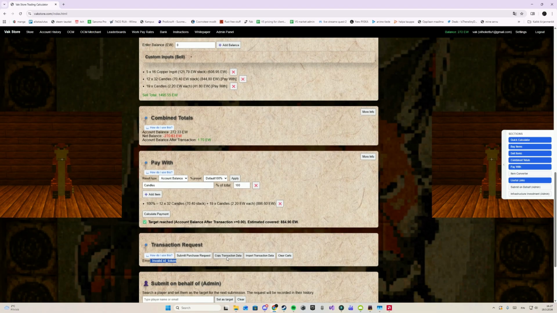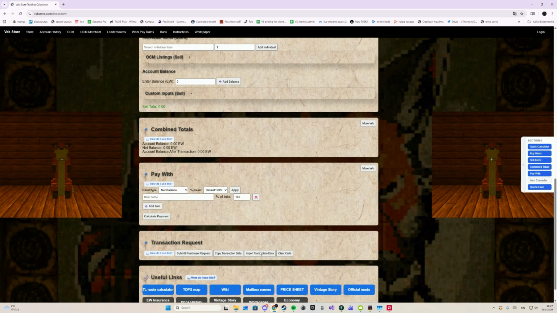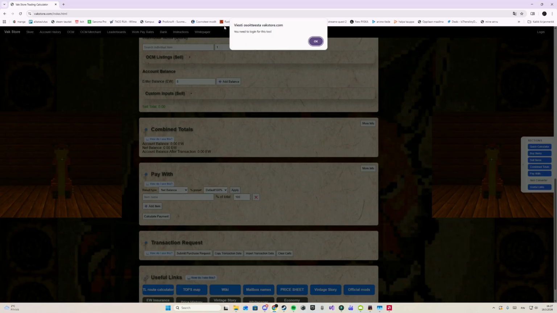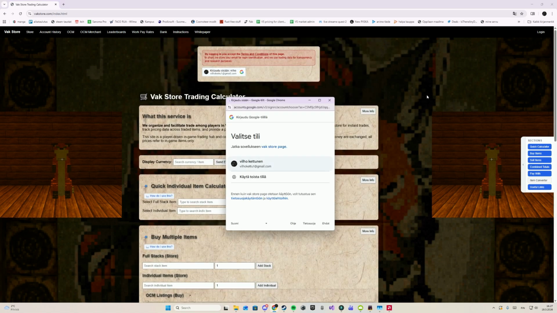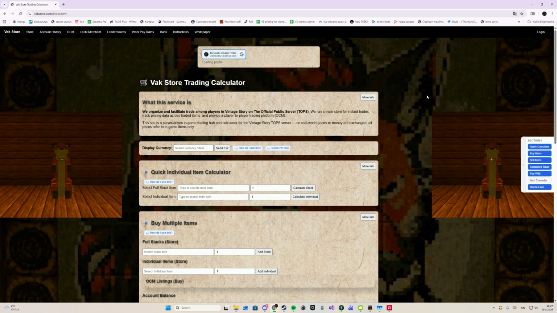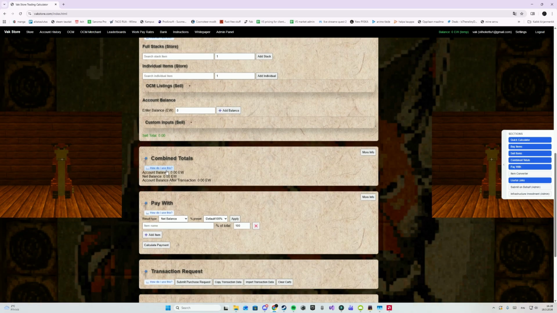You can also copy transaction data this way by clicking that. Now I'm refreshing with Ctrl Shift and R, or F5 also works. And then import transaction data. Okay, I need to log in, so there it's loading profile, and when the statistics show up here, and when it shows up in the combined totals here,